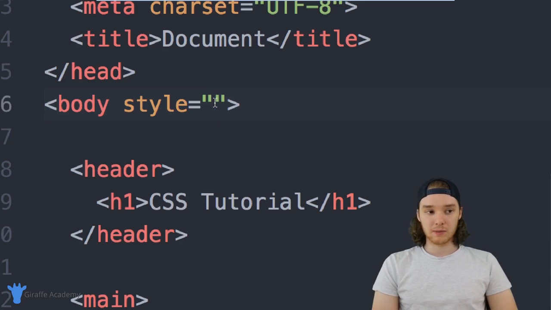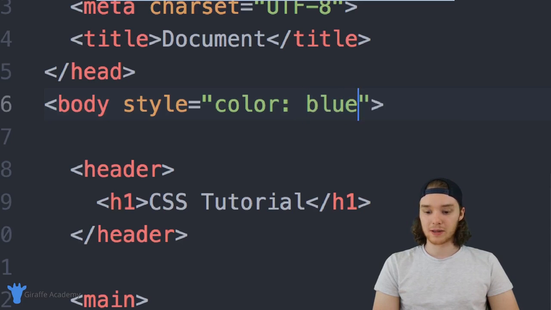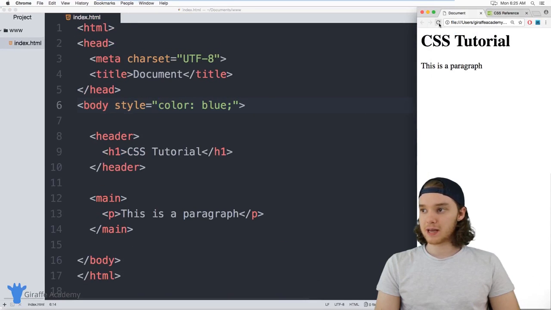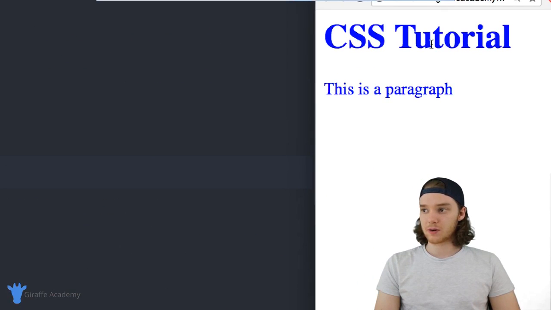So I'm just going to show you one of the most basic CSS attributes, which is color. And color is going to control the color of the text. So whenever you're working with colors, you can just sort of type in all of the common colors. So I could type in like blue, for example, and you can see how this is organized. So I have the attribute name that I want to modify. I have a colon, and then I have the value that I want to give to this attribute. So in this case, I'm assigning the color of the text for anything inside this body tag to be blue. So now when I refresh this page, you'll see that both of these turn into blue